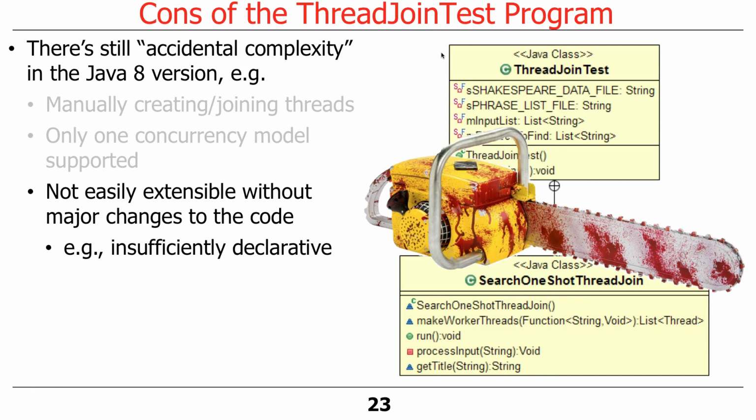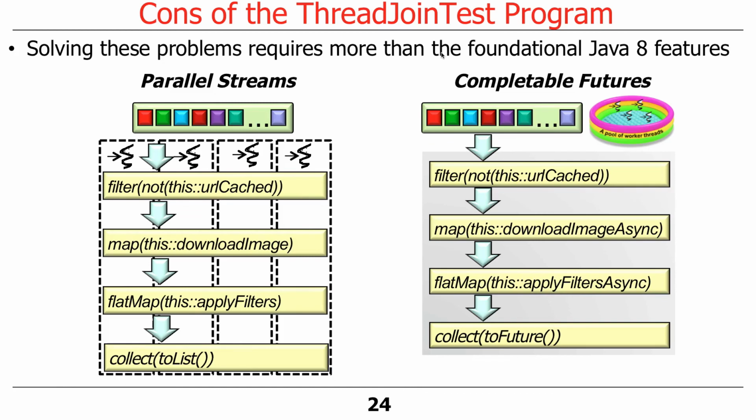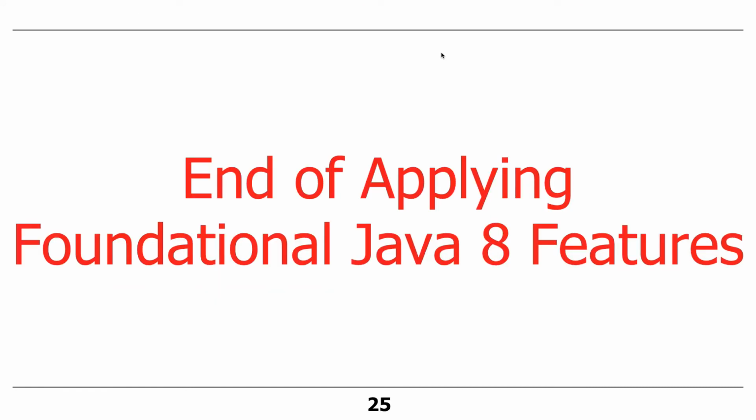The reason why that's the case, and this is very typical, is because the code is insufficiently declarative. It was imperative. We were telling the computer what to do, not saying what we wanted to have done and letting the software infrastructure, the class libraries and virtual machine, figure out how to actually do it. So that's the problem. Solving all this is going to require more than just the foundational Java 8 features. That's what we're going to be covering shortly: parallel streams and completable futures. OK, so that's the end of the discussion about the foundational